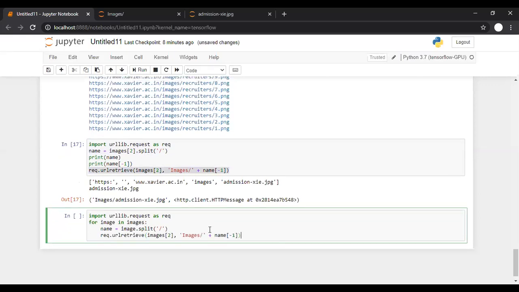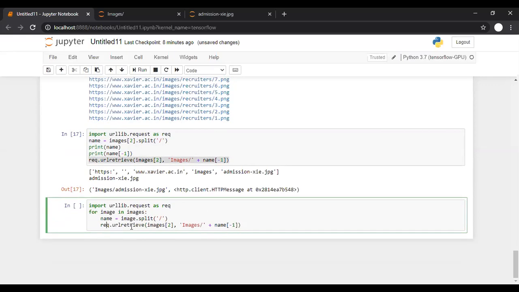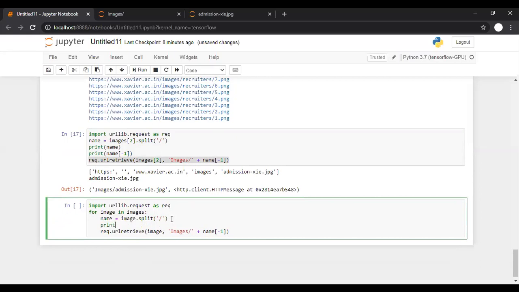Copy and paste. So req.url retrieve, instead of images of 2, will retrieve this image, that is a path, and store that image in the images folder with a particular name. And just to know which image is currently being retrieved, I am printing this name.